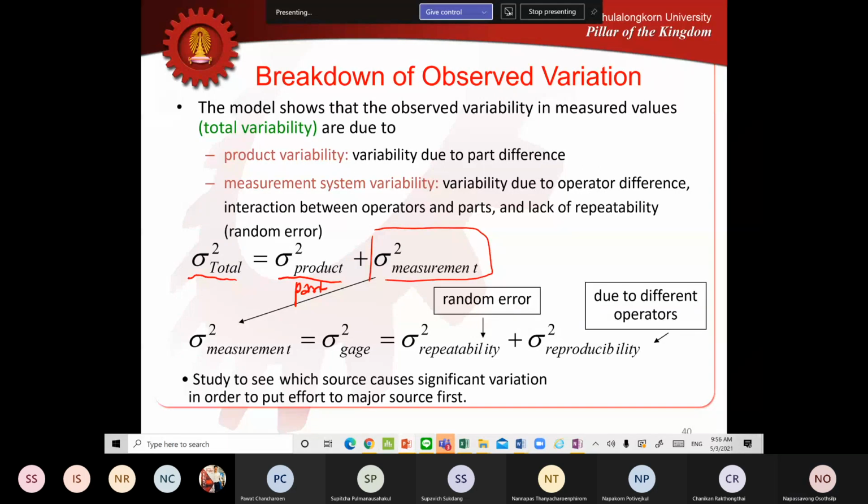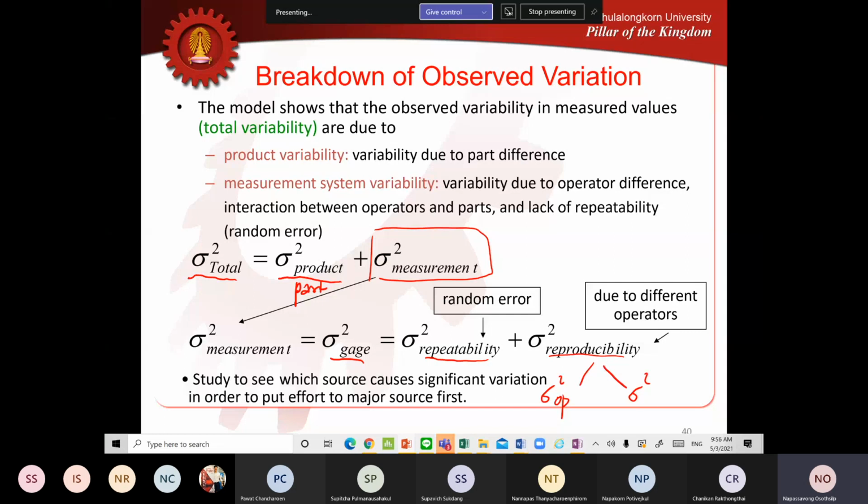The variation among the measurement system, we can call it variance of the gauge also, and then it separates into 2 main parts. The first part is regarding repeatability, and the second part is regarding reproducibility. Reproducibility actually can be divided into 2 sections: the variance regarding the main effect of the operators, and the variance due to the interaction